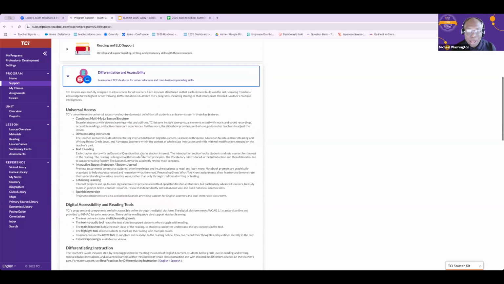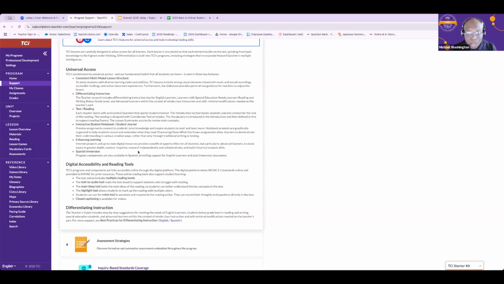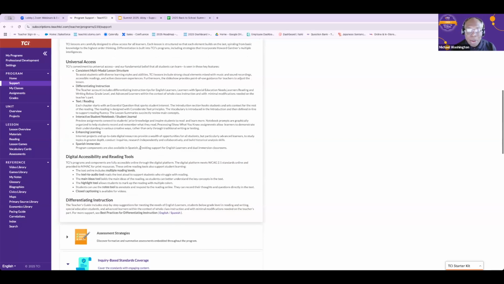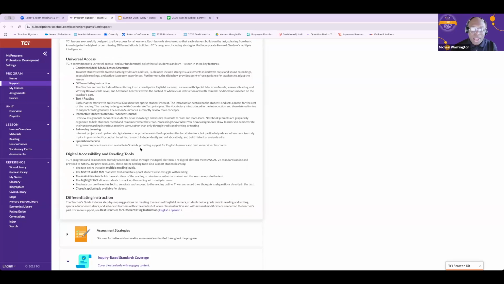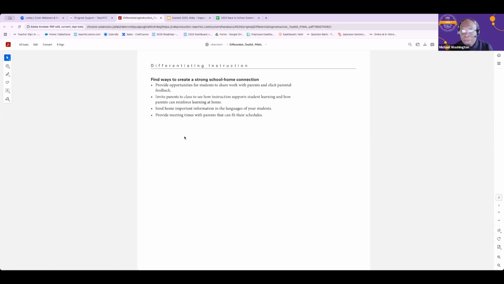And you can see that we have different ways that TCI is committed to universal access, and how we also have digital and reading skills tools as well. But then this right here where it says best practice for differentiating instruction, you're going to click on that, and a PDF is going to come up.